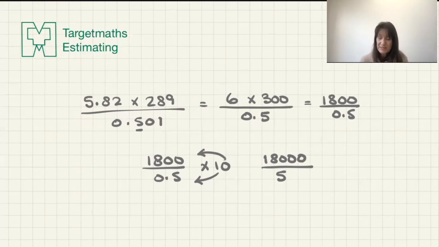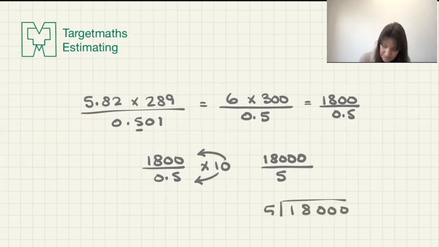I'm going to go straight into my bus shelter. So I've got my 18, 3 zeros, pop down my 5. How many 5s can I get into 1? None. Carry the 1. How many 5s can I get into 18? That would be 3. 3 5s are 15 with 3 left over. How many 5s can I get into 30? 6, and then bring up the rest of those zeros. So the answer, the estimated value of that original question is